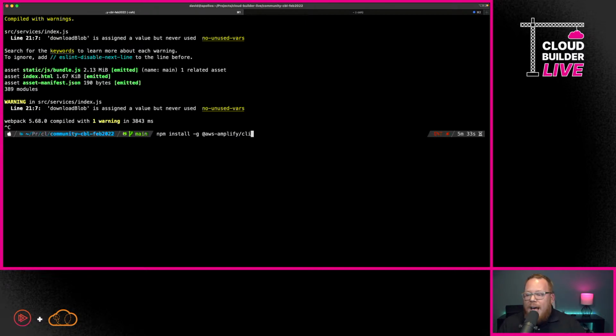And then once you have that in place, you'll be able to get it to interact with the different projects that you have that would utilize the Amplify CLI. So I'm not going to install it here just yet because I already have it installed on my machine. But again, just by executing this, you could be ready to go. So I'm going to cancel out of that, and we'll start the process here of moving forward.